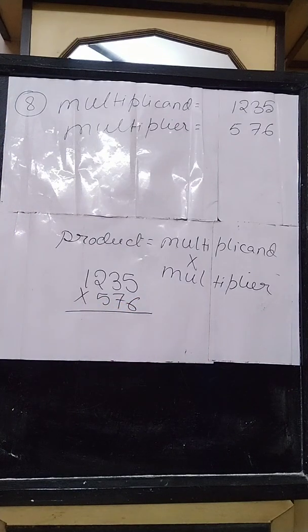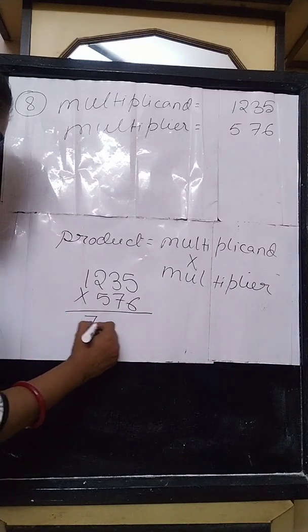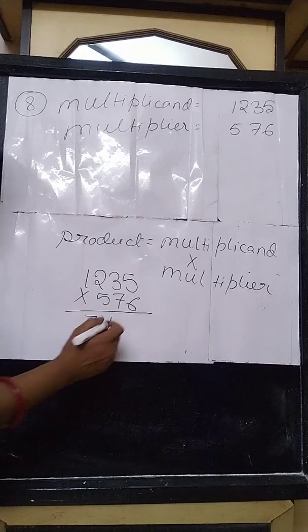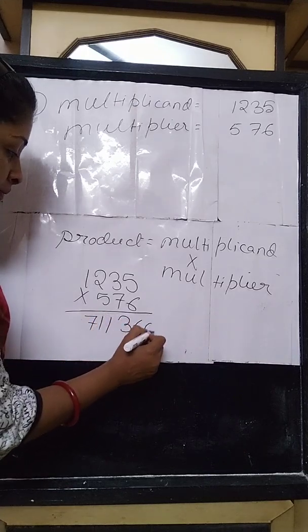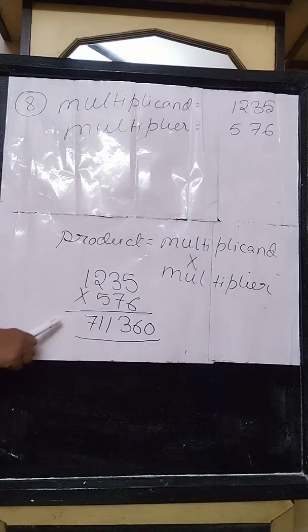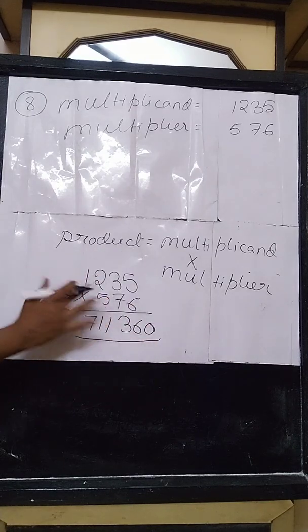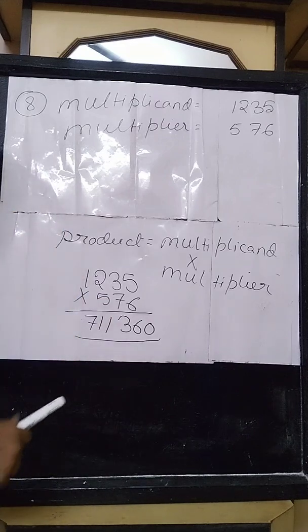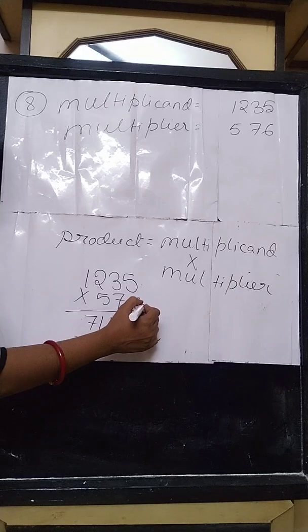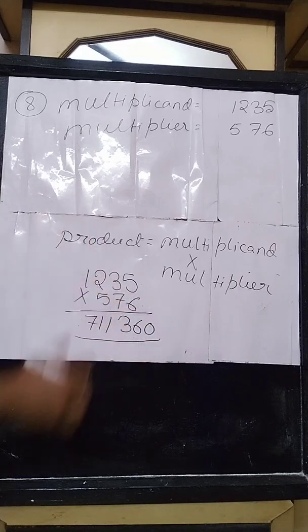In this multiplication, when you do it, you will get an answer, that is 711. Multiplication you will do on your own. I am just providing you the answer because of shortage of time. This will be the product that you will get by doing the broad multiplication on your own. So you simply multiply the multiplicand and the multiplier to get the product. So this is the answer.